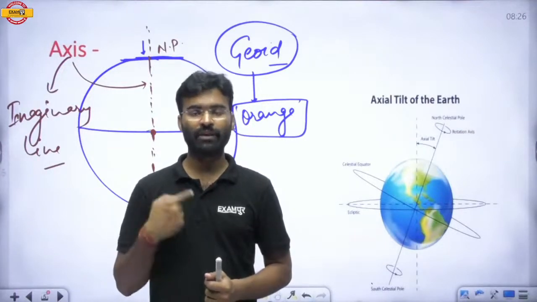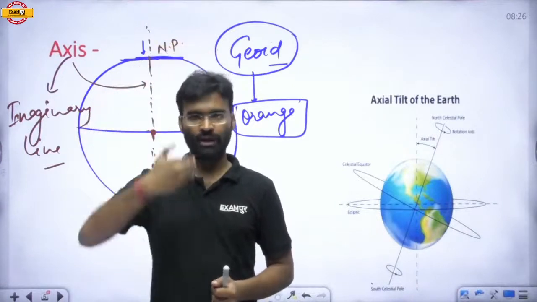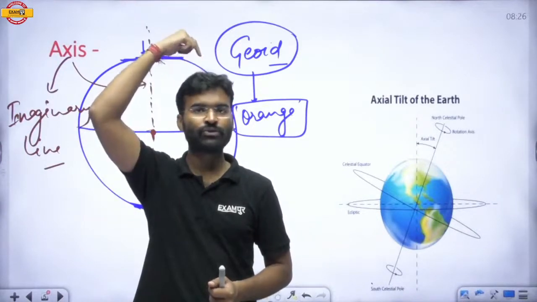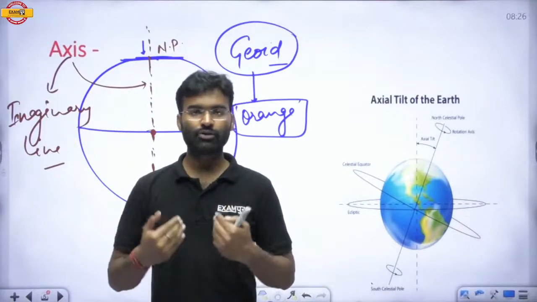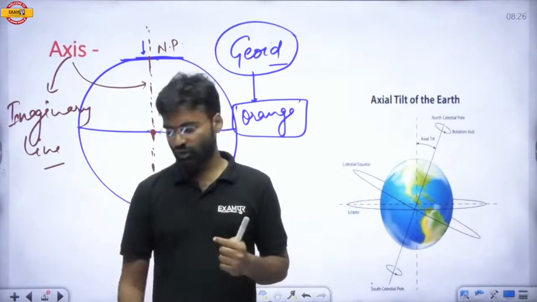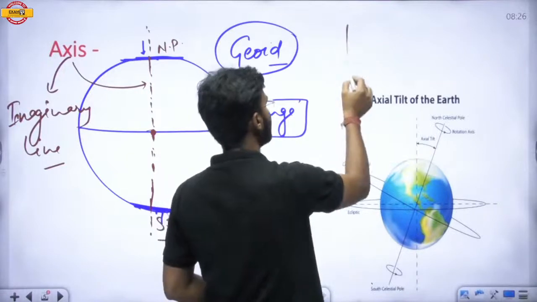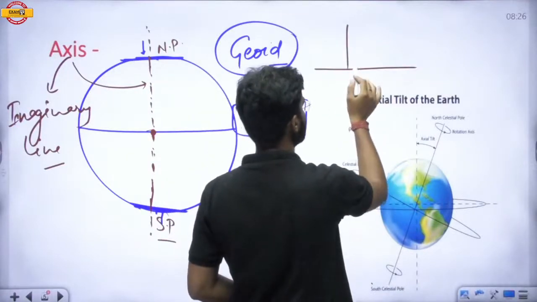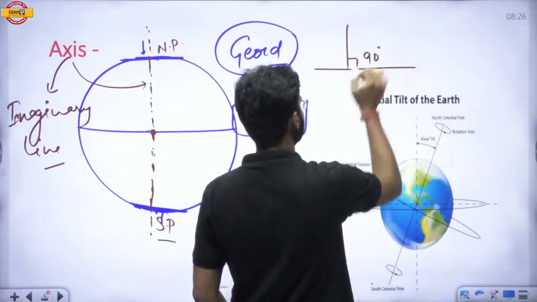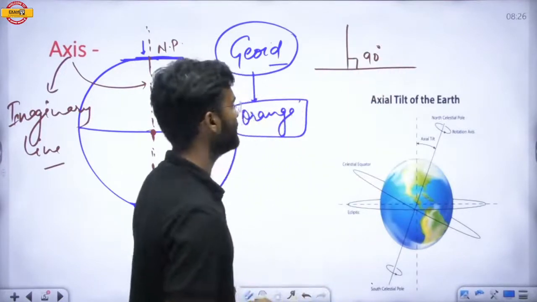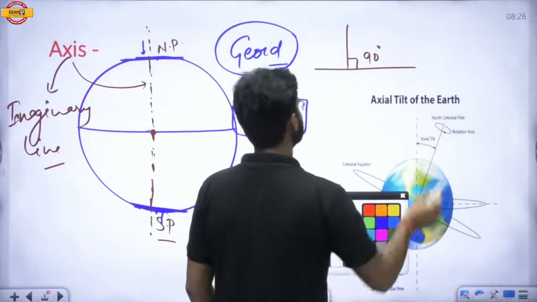If I am standing here, the axis of my body is an imaginary line which joins the upper section to the lower section through the center of the Earth. So the angle between my body and the surface is 90 degrees. Suppose this object is located on this surface. If it is located vertically, then the angle is 90 degrees. If it is located straight, then the angle is 90 degrees. And the axis of this object lies,